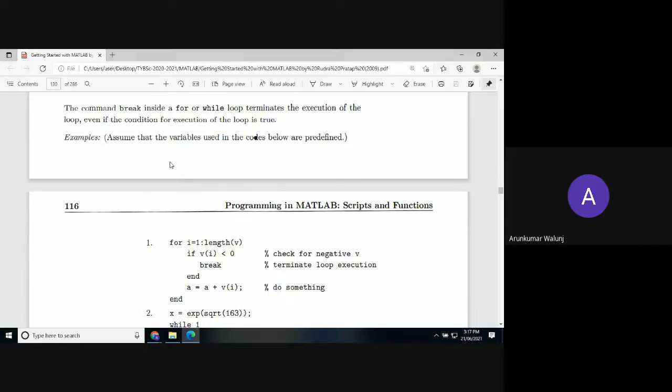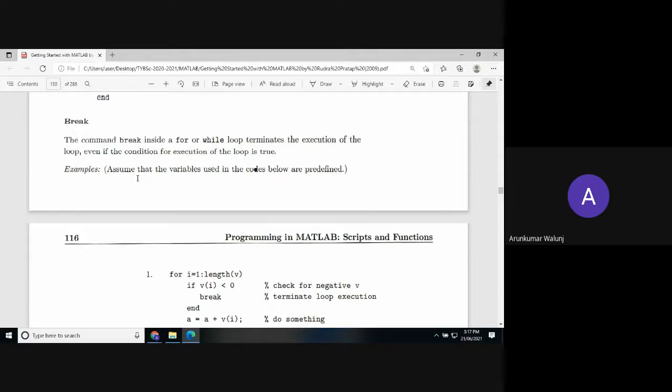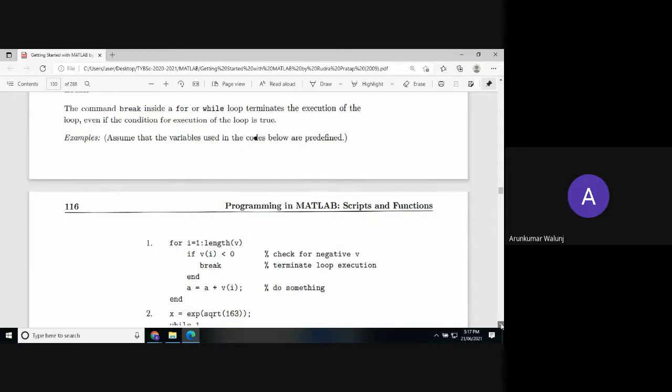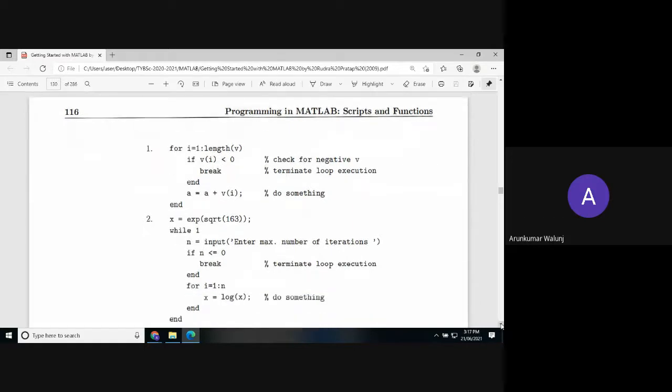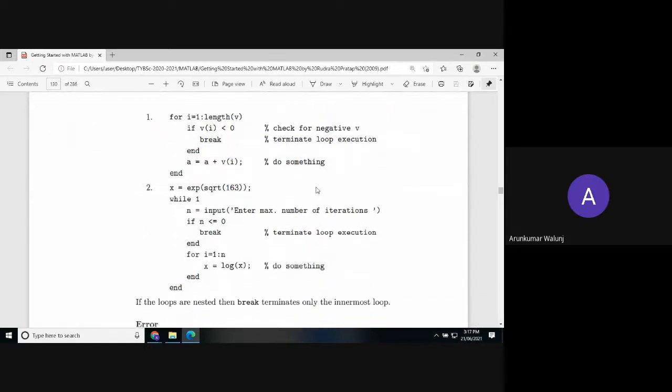And therefore break, I think last year there was a question, when continue: continue is intentional continue in spite of the condition being true or false, and break is intentional break in spite of the condition being true or false, can be used. So it is assumed that the variables used in the codes below are predefined, and it can be broken or it can be successfully continued.